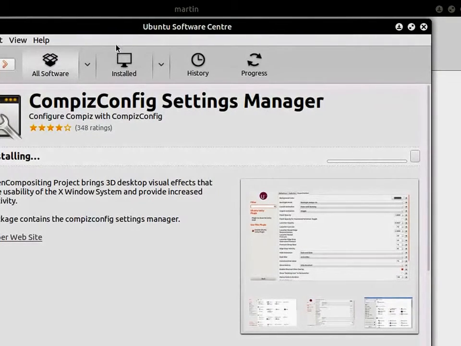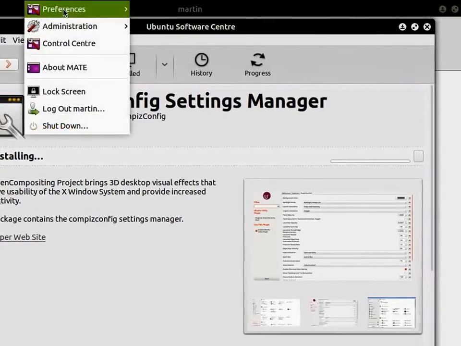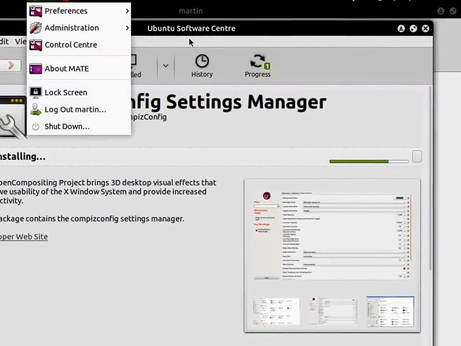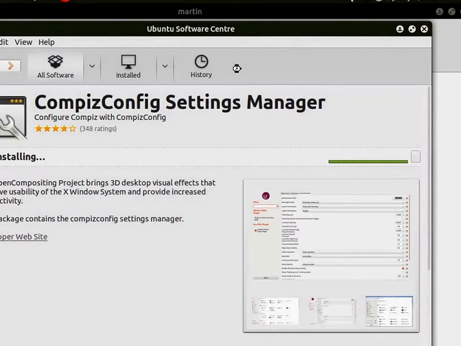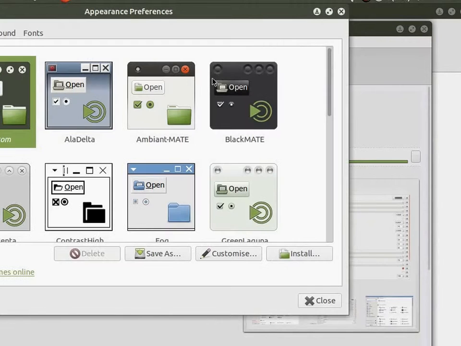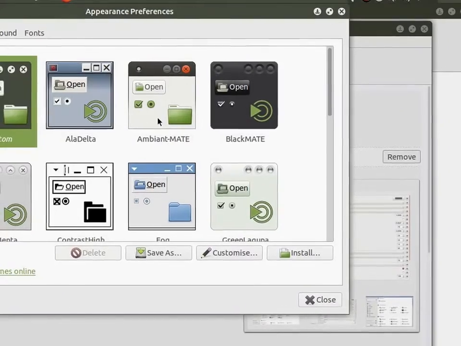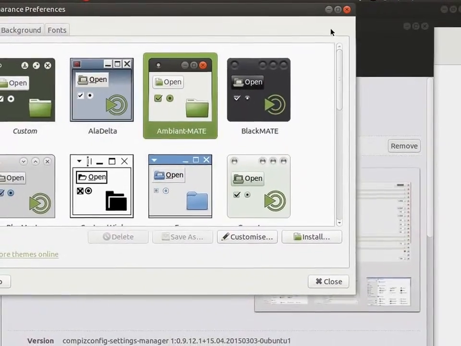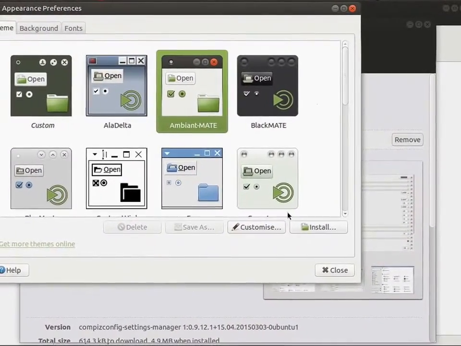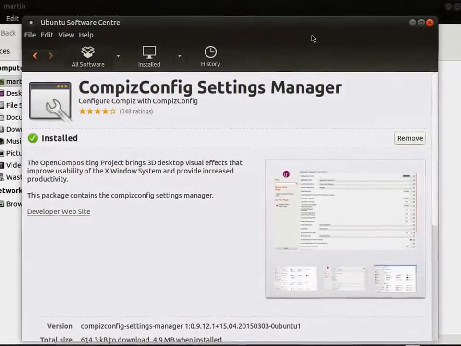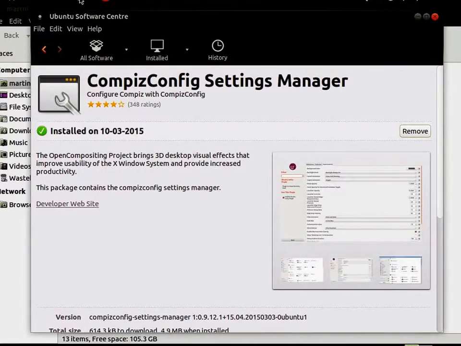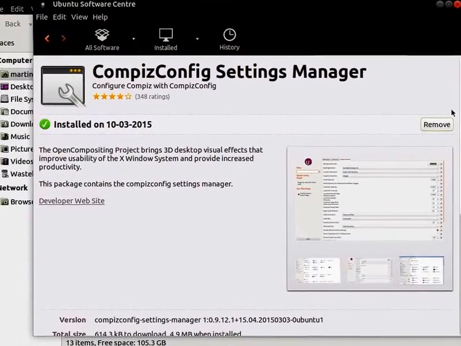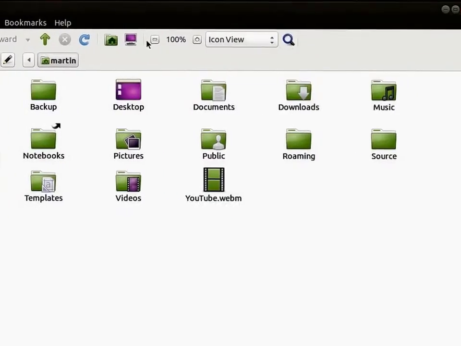So if you want to change the window border theming, you can do that in the usual way. You just go to the appearance settings. Let's switch to Ambient Mate. There we go, and you'll notice the window decorations have switched accordingly. So you can use your usual themes to provide the window decorator themes, and you can do the usual customizations with that. So Compiz Settings Manager is installed,